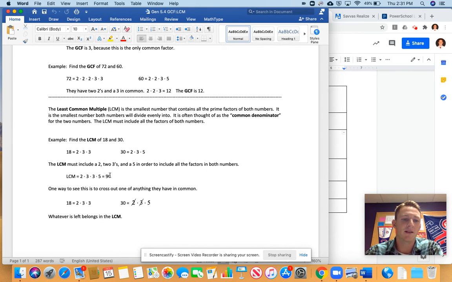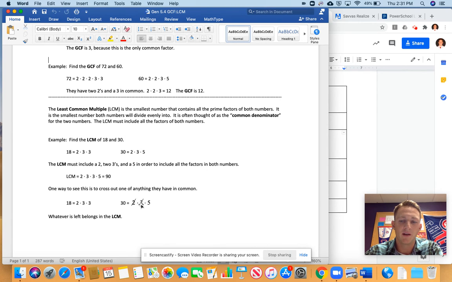Another way to see this is to cross out the things that we've already multiplied or that we've already counted or kept track of. So same problem down here, different visual. 18 splits up into 2 times 3 times 3, and 30 splits up into 2 times 3 times 5. So basically for the least common multiple, we're just going to multiply everything together. But if we've already